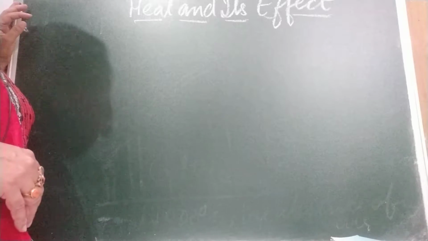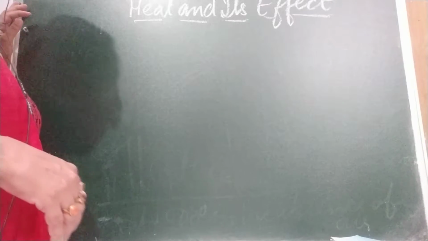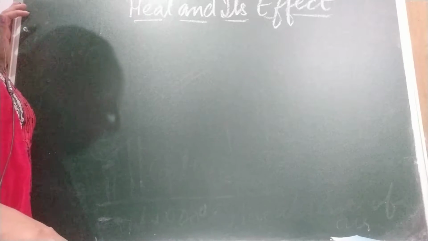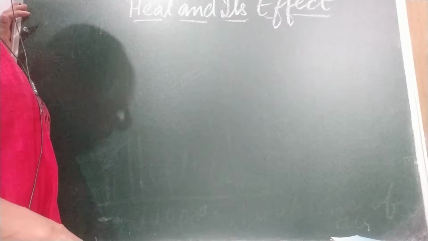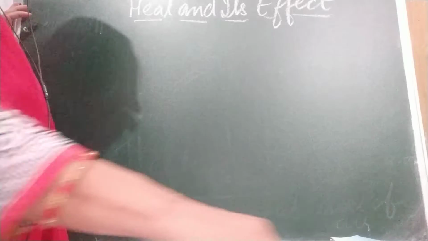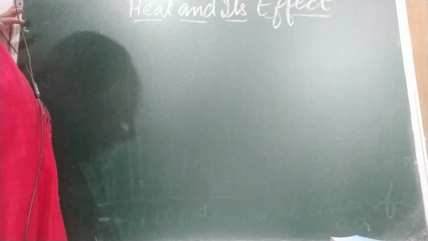Children, in the beginning, in the 18th century, people thought heat was like a fluid. It flows from one place to another place, and they gave it the name caloric. But later on, in the 19th century,